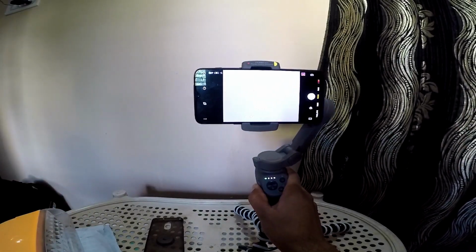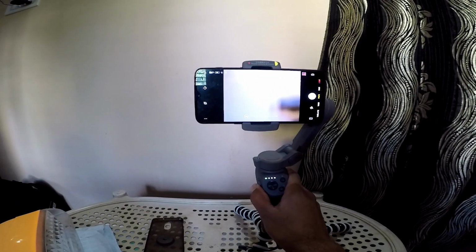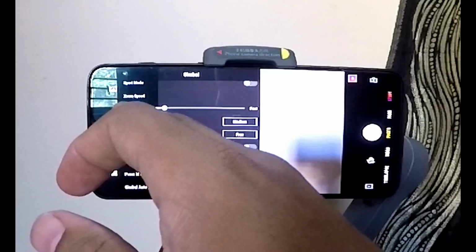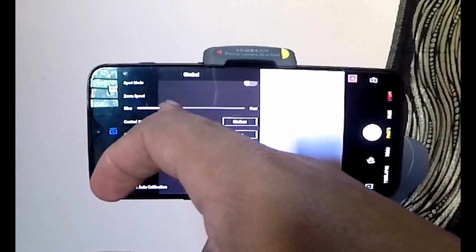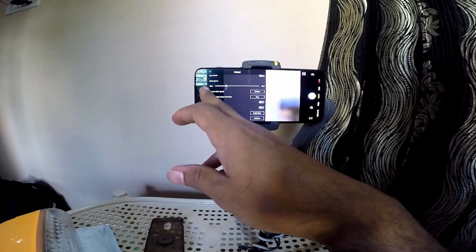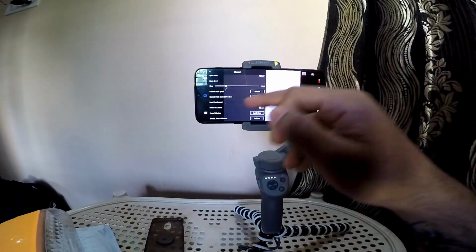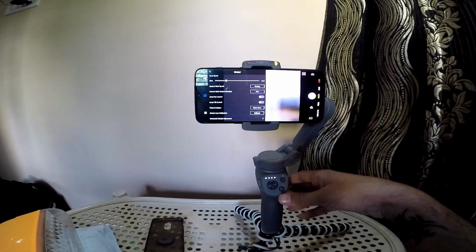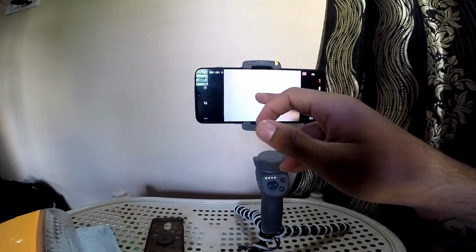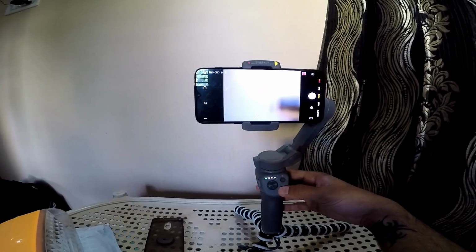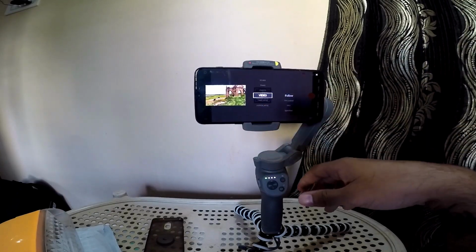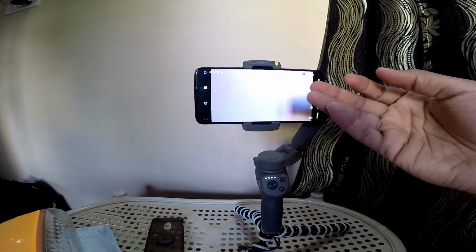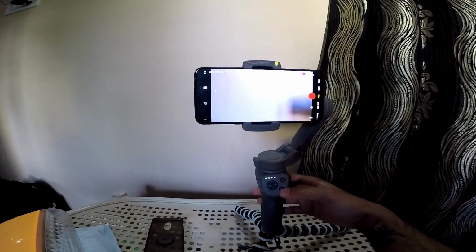Or if you want to zoom very slowly, then you have to push it slowly. It will slowly push. Again, there is one more setting regarding that zooming option. Zoom speed is here, slow or fast. You can adjust your speed requirement. That is again one more shortcut. So these are the very main shortcuts. Main thing is M. When you use it for the first time, change the options. That is better. You can use M button to change the mode, video, time lapse, hyperlapse, photo, pano. Everything is just with a single click.